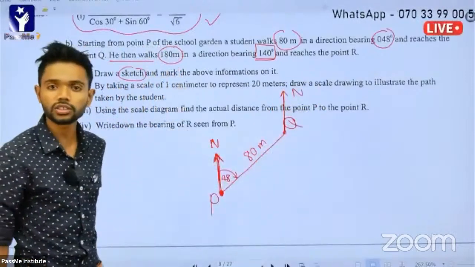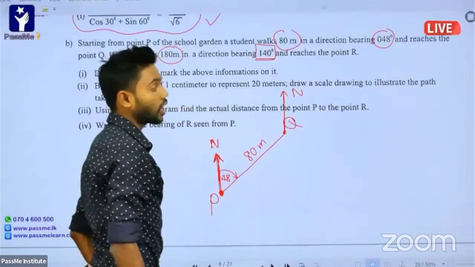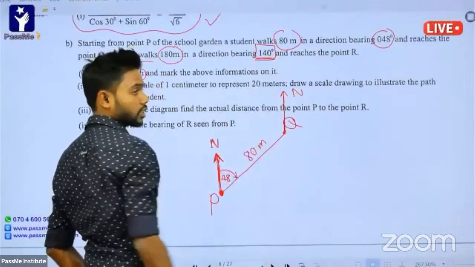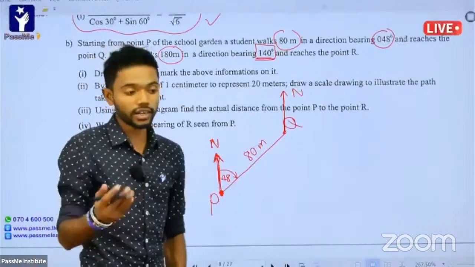You have to mark north. So then after that you have to go clockwise up to the bearing angle, which is 140. 140 is